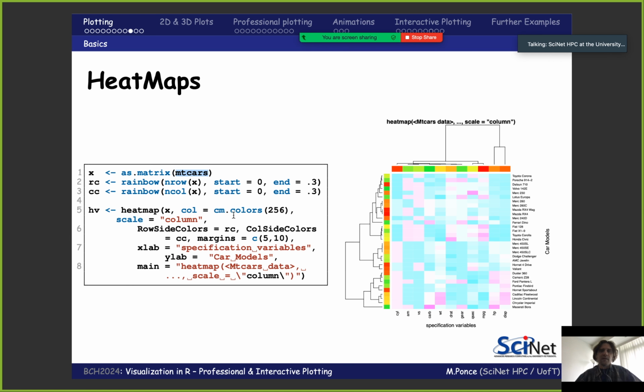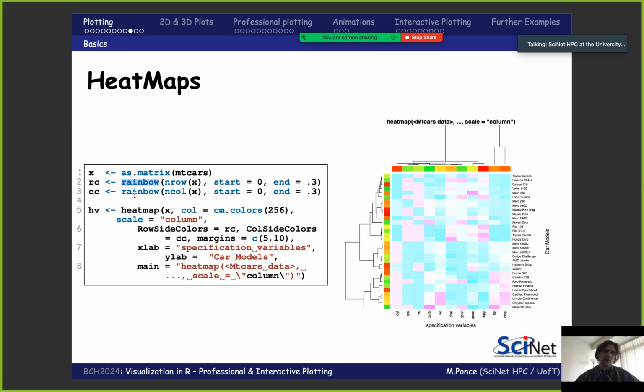Now, one thing that the heat map function requires to work is that the data has to be laid down as a matrix. So we need to place the as.matrix function in front of the data frame. Then what I'm doing here is, instead of using the predefined color scheme from R, I'm creating one based on the rainbow color scheme.